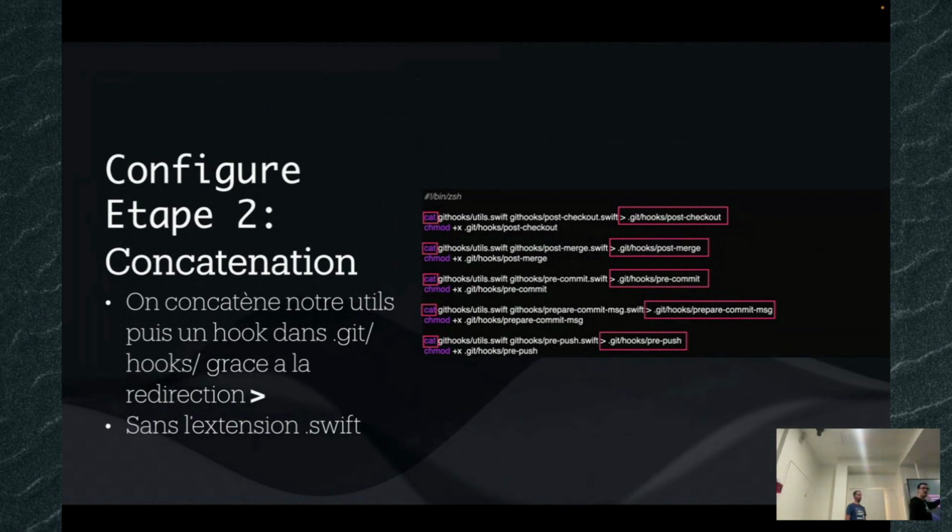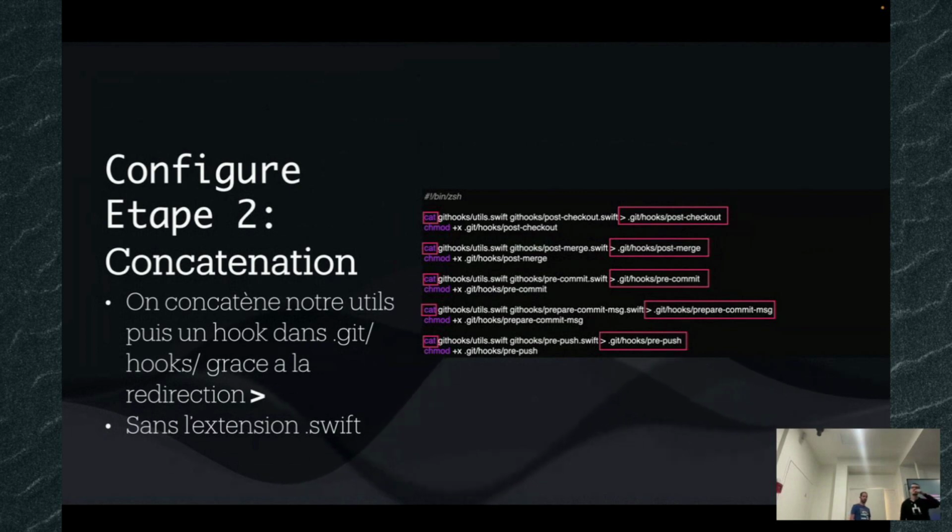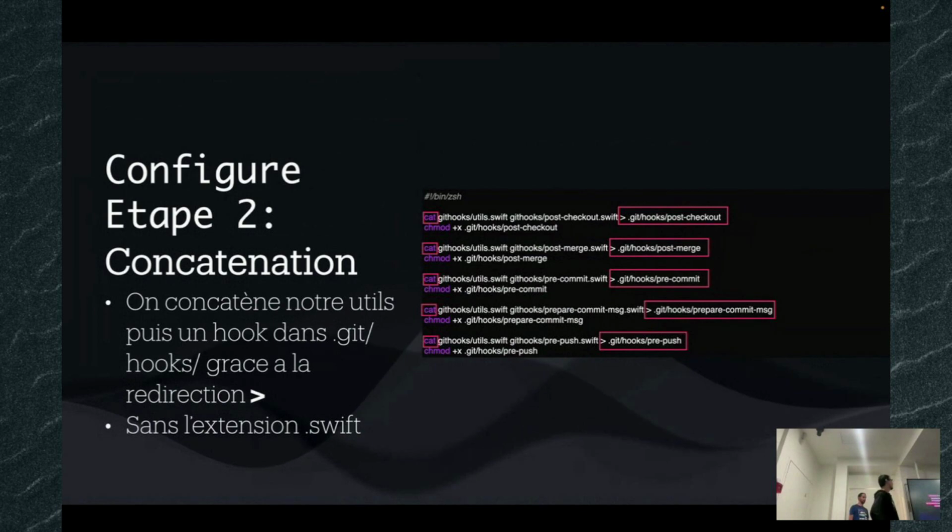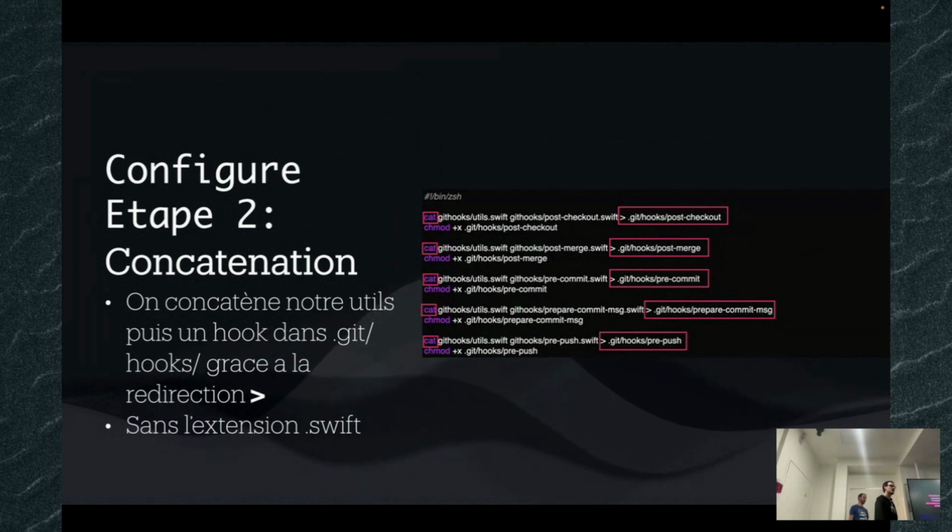No, you still do the concatenation, but you keep it in the main folder, and you just do a link into the githooks, so you don't need to reconfigure every time with a post merge and a post checkout. Maybe. If they change, you need to do the concatenation again, though.